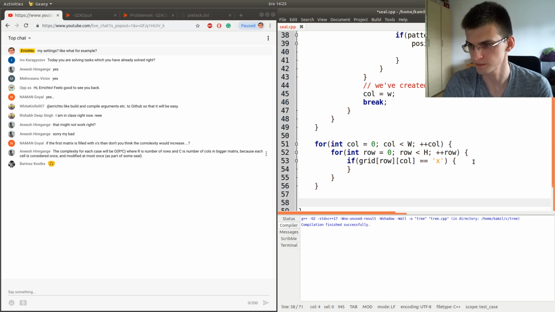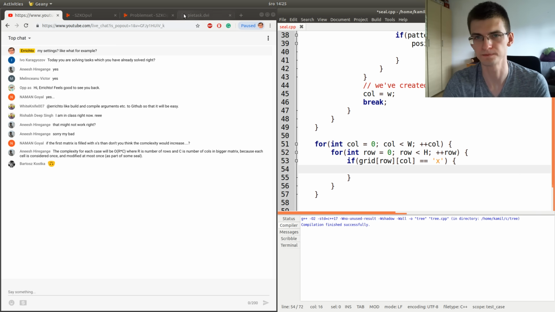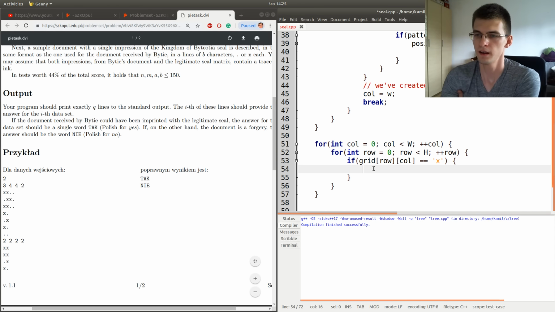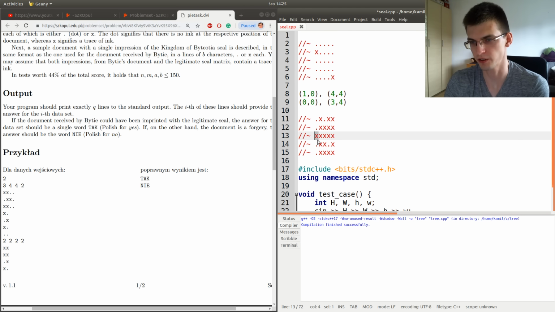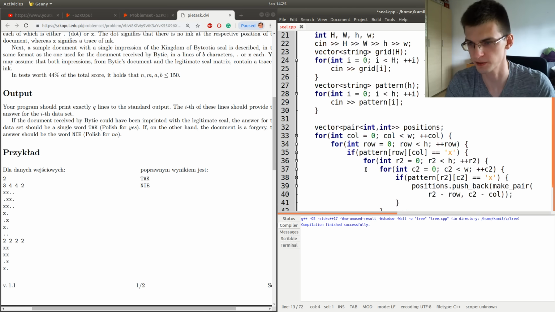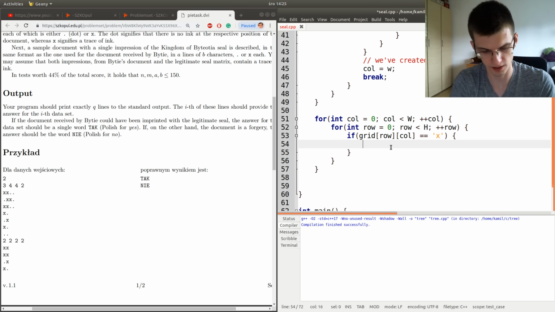And what do we do? We must turn off some cells, because we noticed, for example, we found this x, and we must put some pattern here and turn off some cells. And those cells will be p in positions.